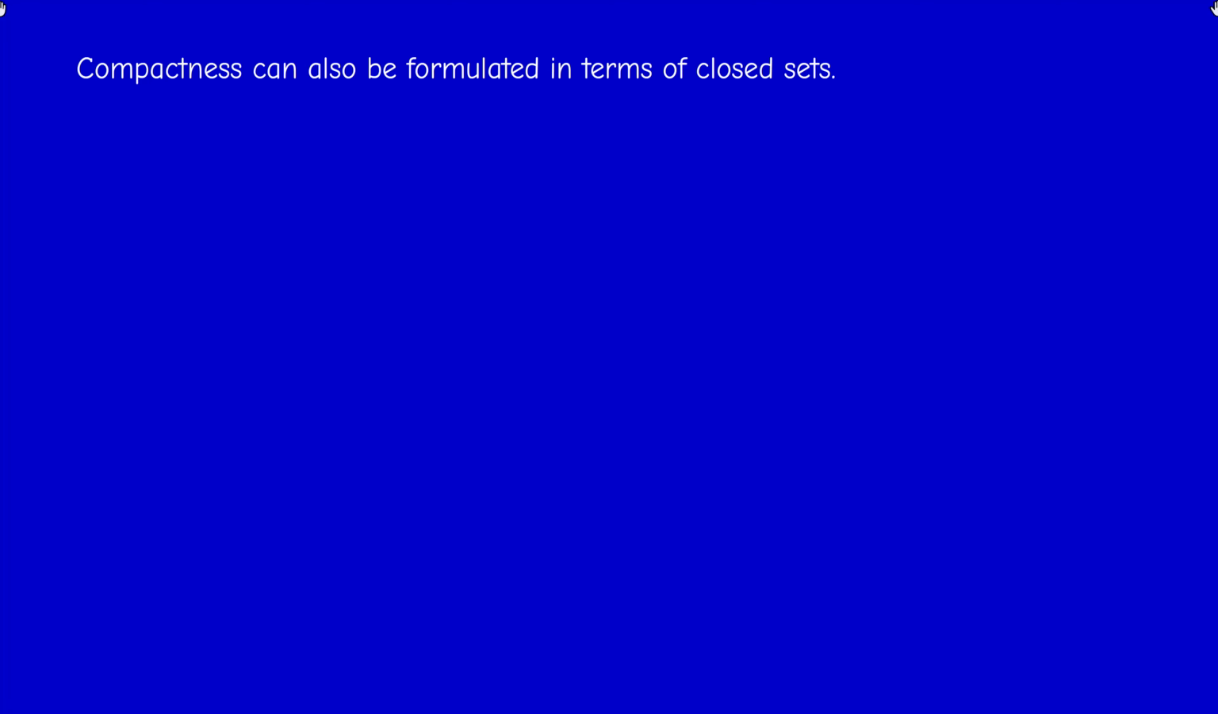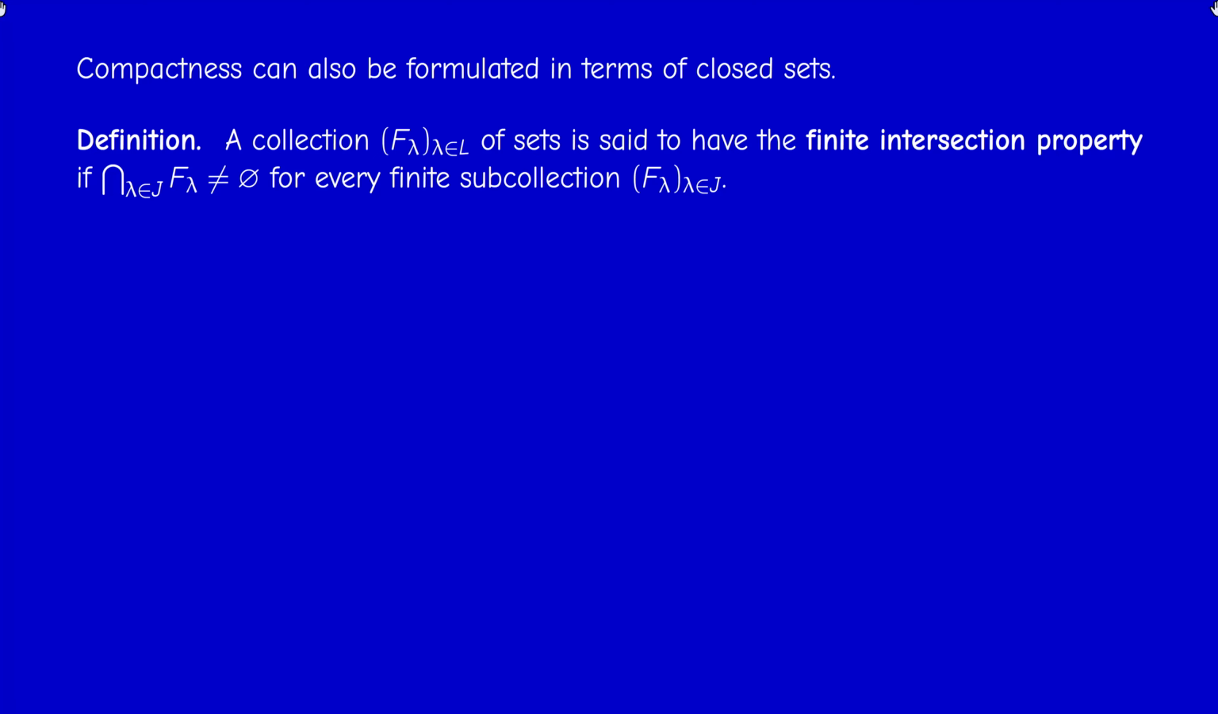Okay, first point. As you know, when we take the complement of a set, we transform an open set into a closed set and vice versa, and we transform a union into an intersection. So therefore there should be an equivalent formulation or definition of compactness in terms of closed sets and intersections. This leads us to the following definition. We say that a collection of sets F_lambda has the finite intersection property if any finite intersection of these